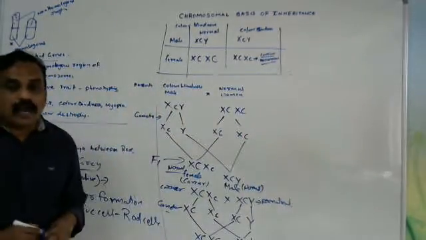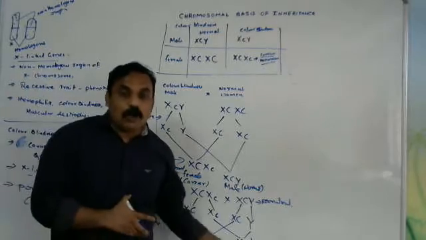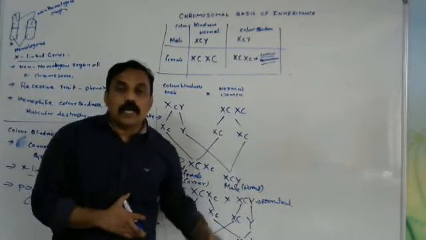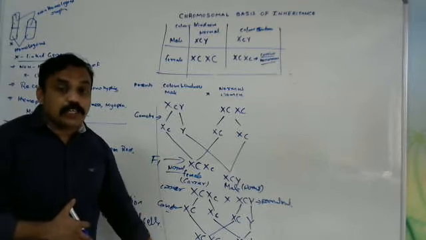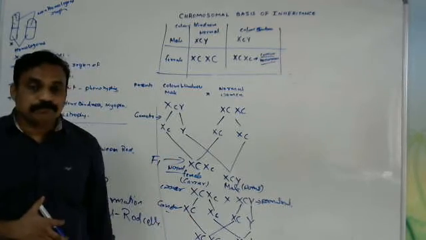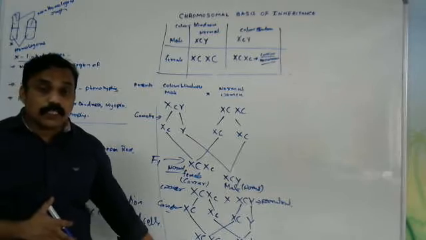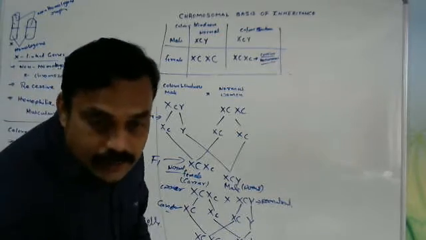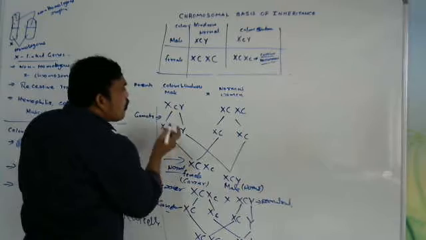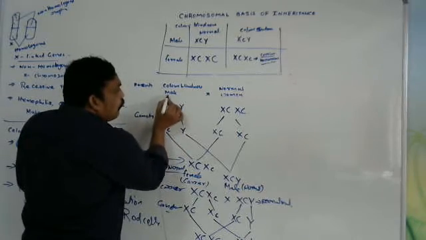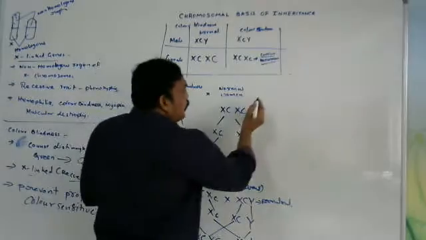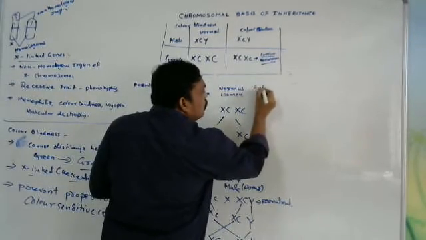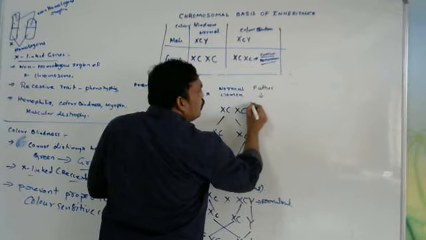So here one person is born with color blindness. It is not exhibited in the F1 generation; it is exhibited in the F2 generation. In the F2 generation, this character is transferred from father to daughter. Okay? So I will write here: father to daughter.